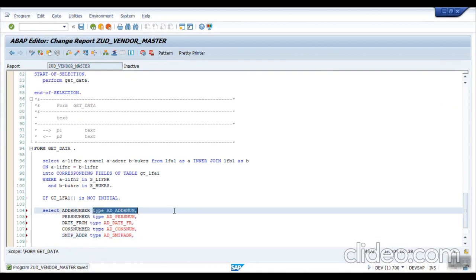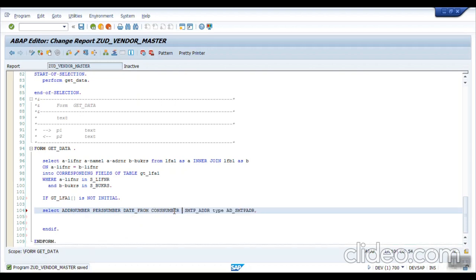So here I want to select first is address number, second is the personal number, third is date from, because those are the primary keys and always select all the primary keys, but my actual field will be for the email ID is smtp_addr. Okay, those four fields I want to select from ADR6